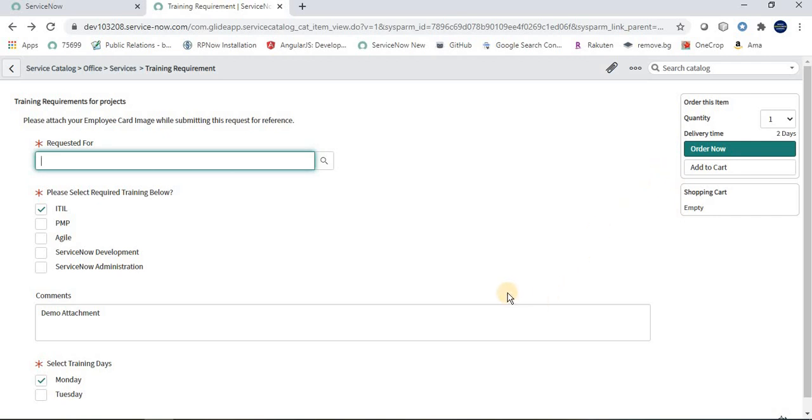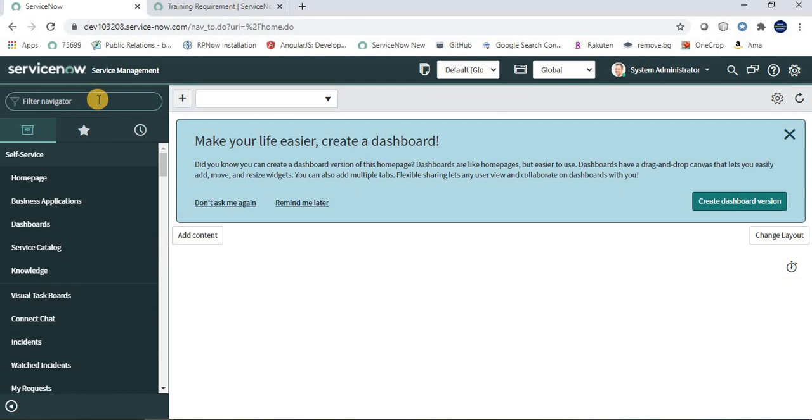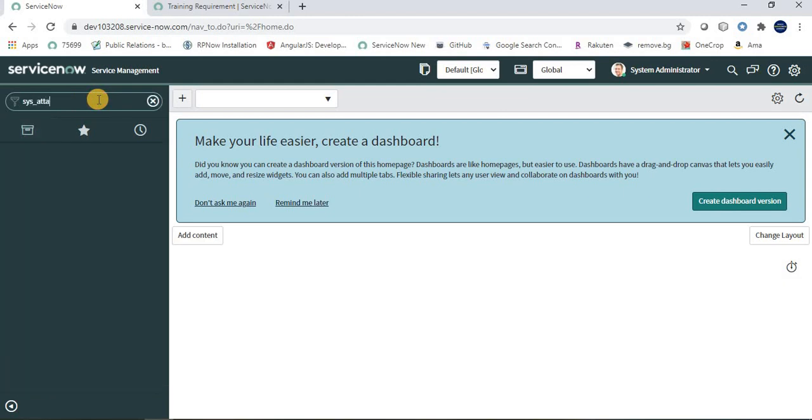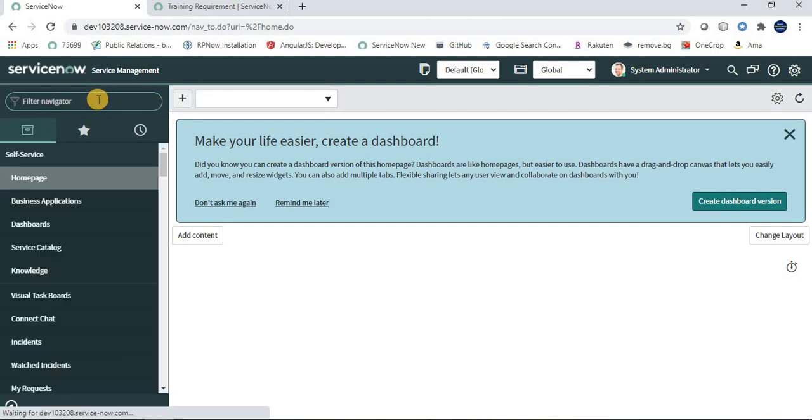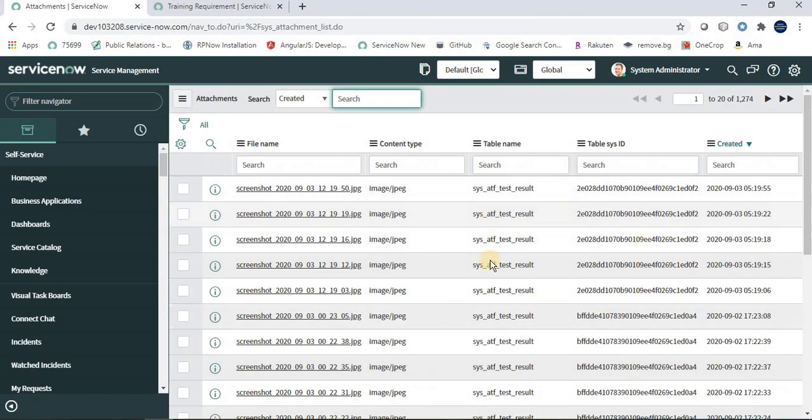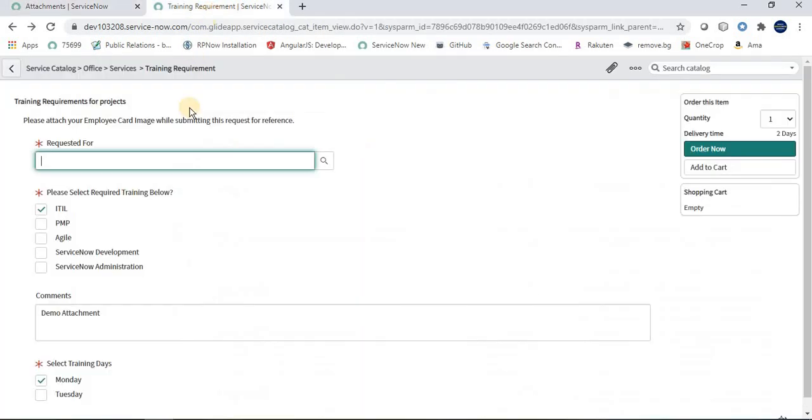Okay, so the first important thing which we are going to do in coding is to check whether this particular catalog item is having the attachment or not. So how can we do that? So friends, in ServiceNow we have a table called sys_attachment.list. Whatever attachment we add in ServiceNow will create a record in this table. Okay, I am showing you. See, here we have lots of records, right? And I am giving you an example as such.